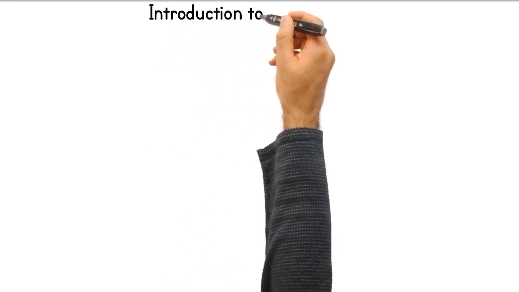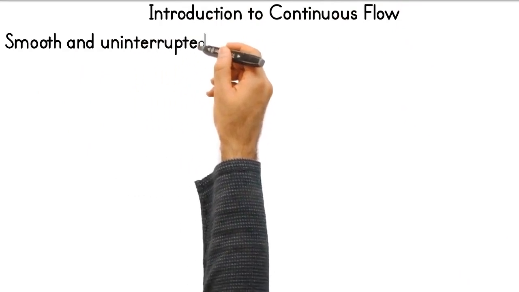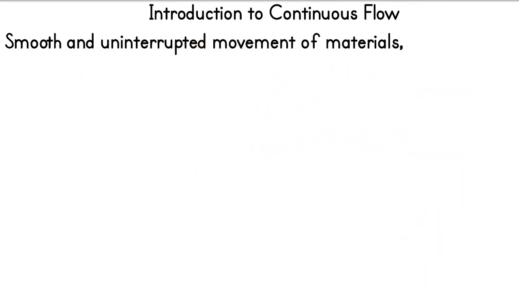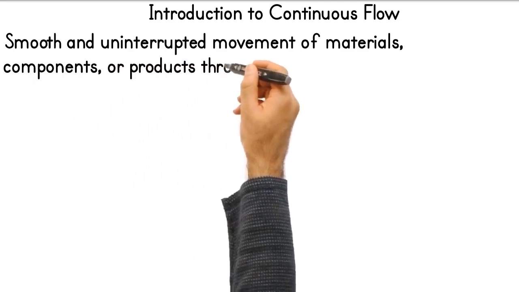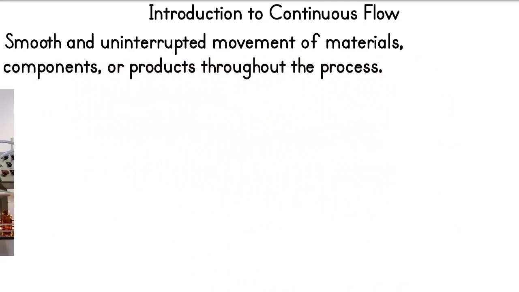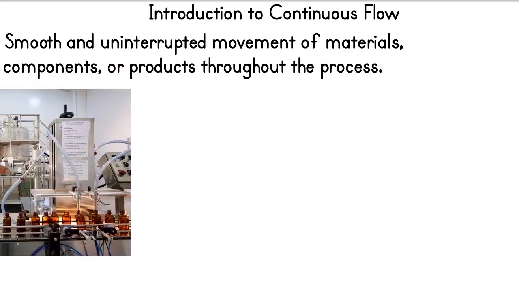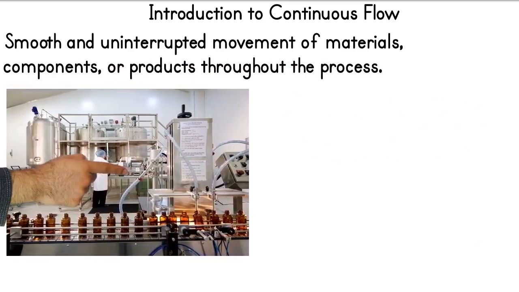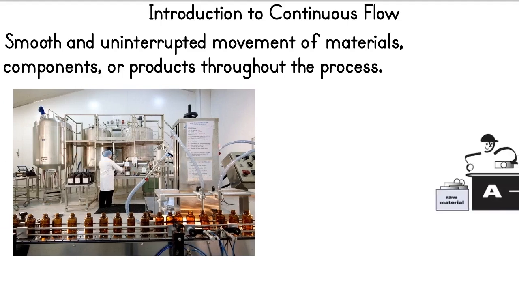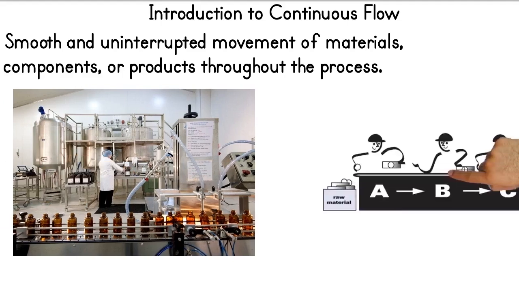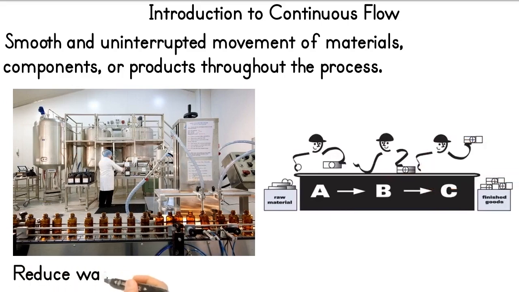Continuous flow is a fundamental concept in modern manufacturing, particularly within lean manufacturing systems. It refers to the smooth and uninterrupted movement of materials, components, or products throughout the production process, from one step to the next, without delays or waiting times. This approach aims to minimize waste, reduce inventory, and improve efficiency by ensuring that each step of the process is